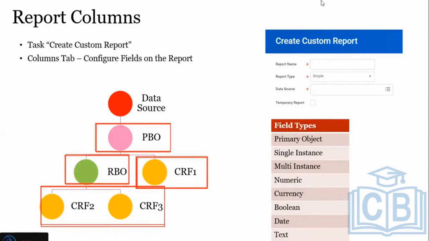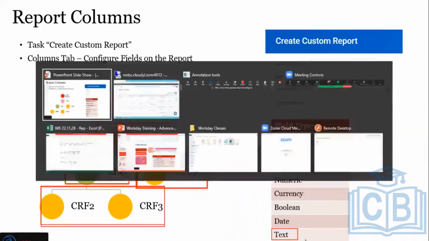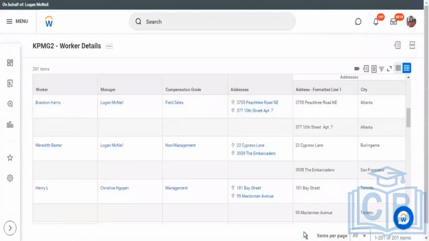Now, next, let's look at the field types. There are different types of fields that we can pull on our report. The first field type is text. What is text? As the name suggests, it is your plain text. If I go and edit my report,